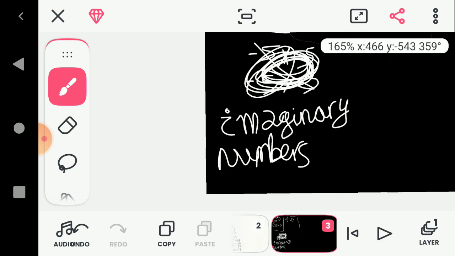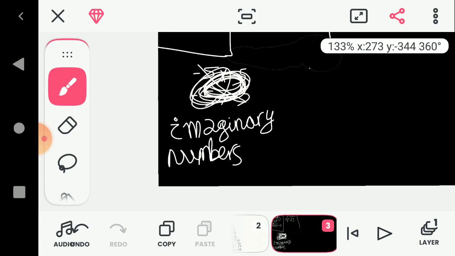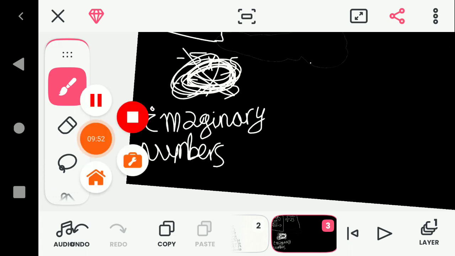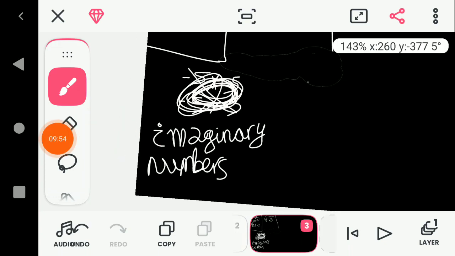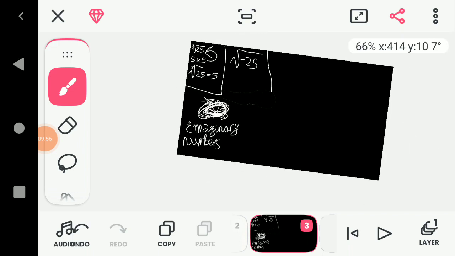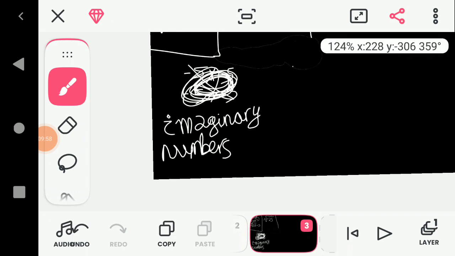So the imaginary numbers are something that, wait, guys, sorry, I had to search up the mathematician's name. So it was something that